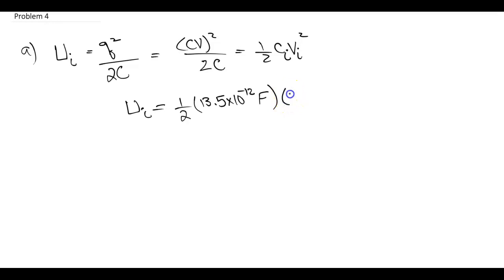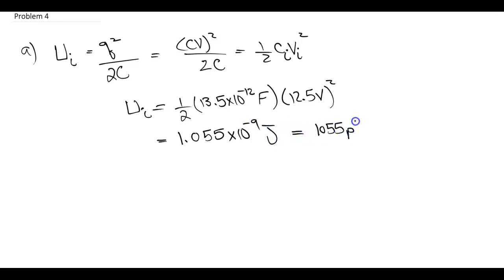times a voltage of 12.5 volts, quantity squared, and that gives us a potential energy of 1.055 times 10 to the minus 9th joules, which is the same as 1055 picojoules. Since they started with pico, we might want to use pico in the next as our answer. And now they say, what is the potential energy